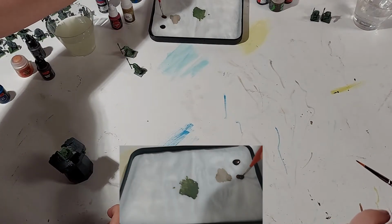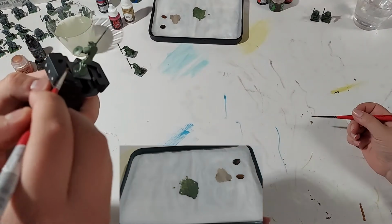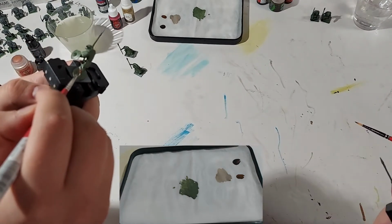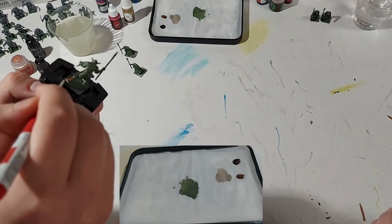Let's dip into our rigid leather brown. Let's just look at these pants here. Maybe the shoes I'll come back over with the...